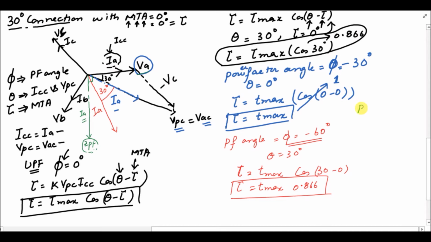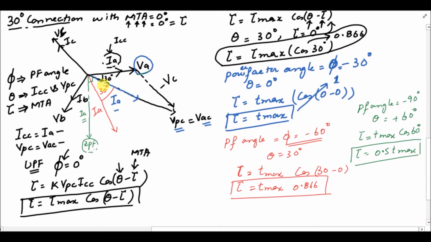So if power factor angle is equal to minus 90 degree, theta will be equal to minus 60 degree, and the tau or torque will be equal to cos 60 degree, and this is equal to 0.5 times the maximum torque,